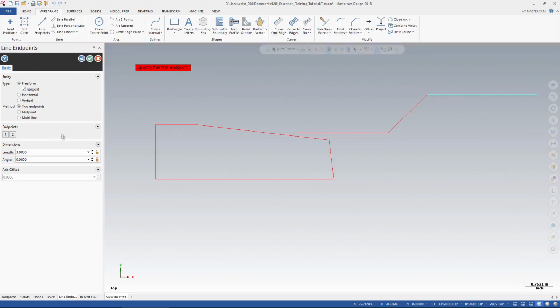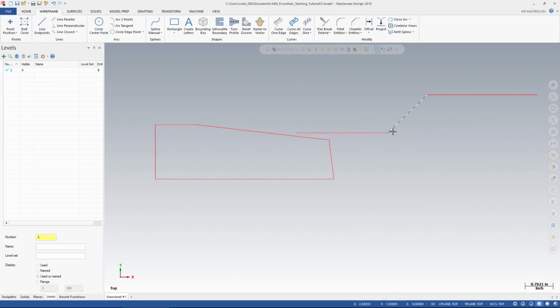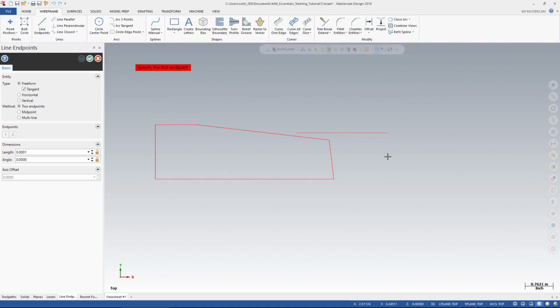And then we look at our print and we discover, I'm going to press OK, we discover that the 45 degrees is actually supposed to go down the opposite direction. No problem, I can actually go to my quick access toolbar up here and select undo, and I'll do that action twice to undo the last two lines. Now I can select Create Line Endpoints again, and I'll drag my line down the opposite direction, and we can see that that's pretty close to